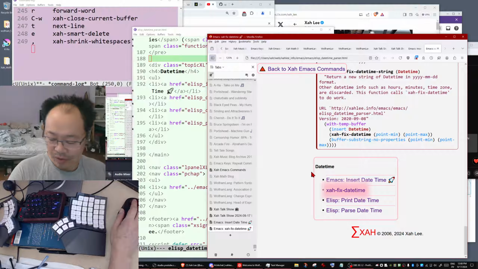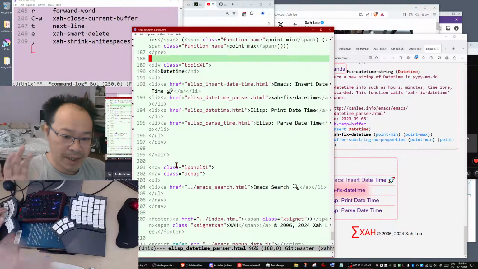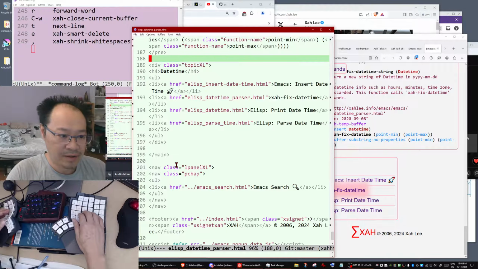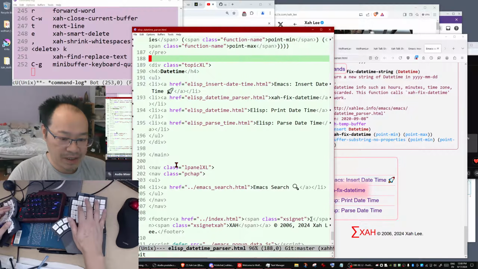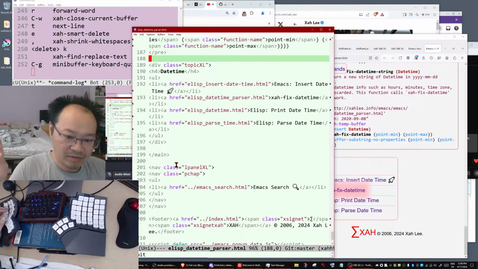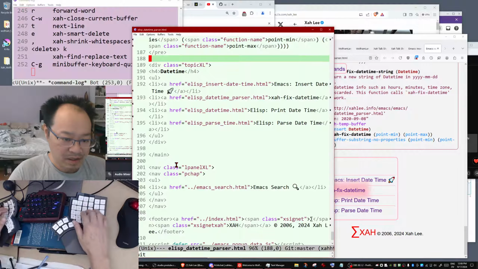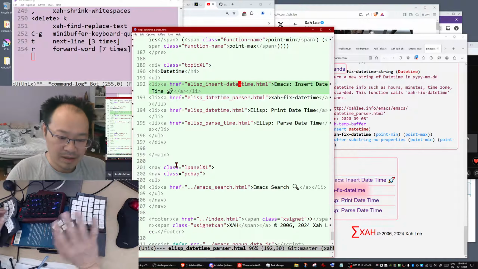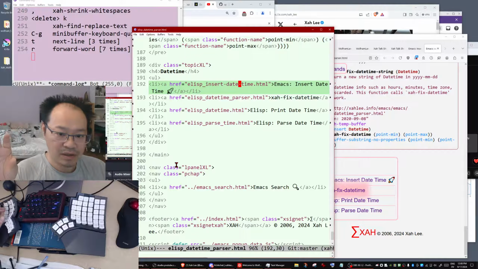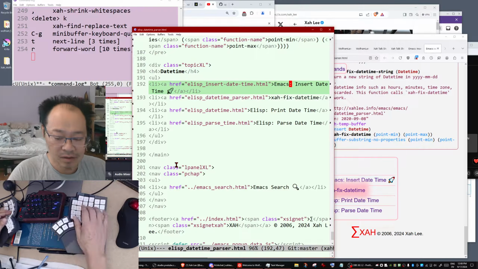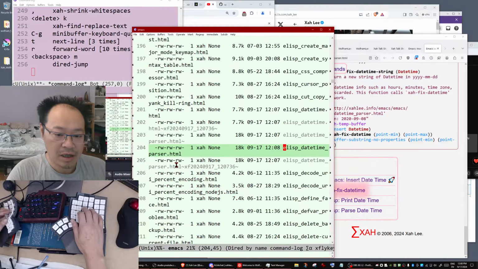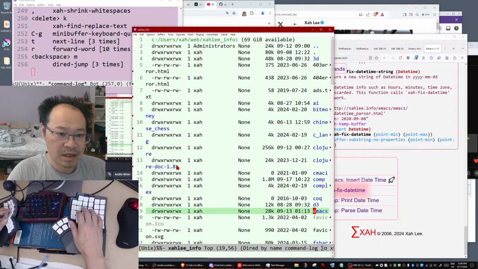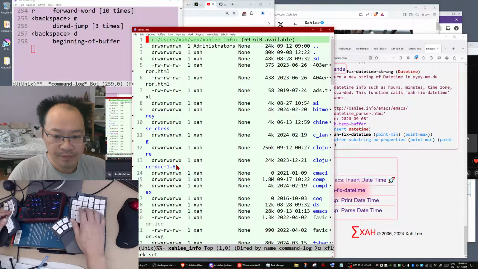So what we want to do is that instead of manually doing this every time, calling find replace and typing the directory name and file name extension, I want to simply put my cursor here and call the command, and then it will ask me the new name, the new title, the new link text, and it will just automatically change through the entire xah.info directory.